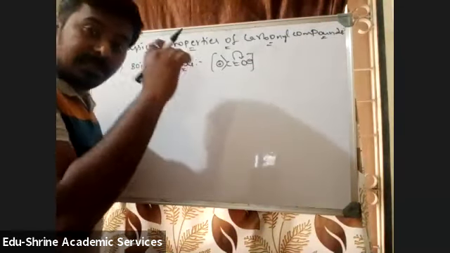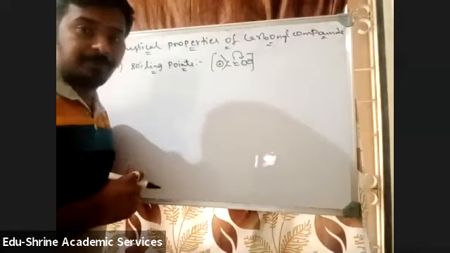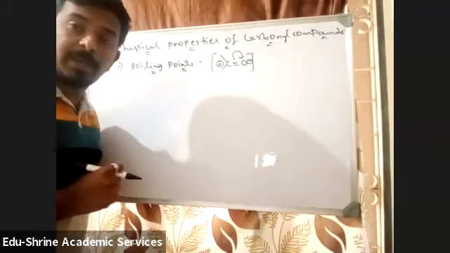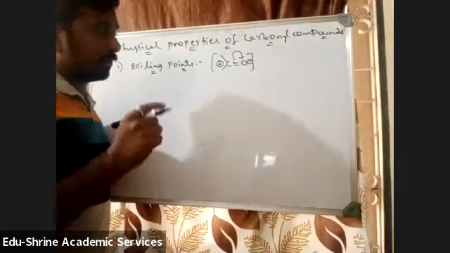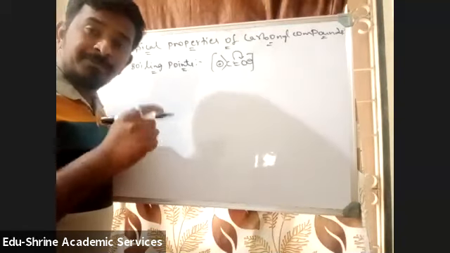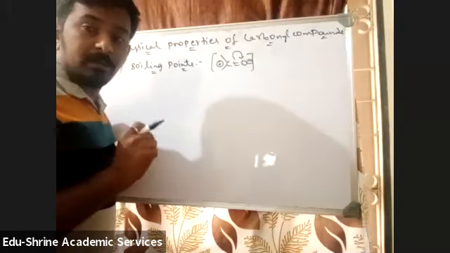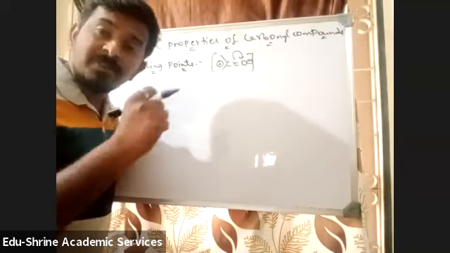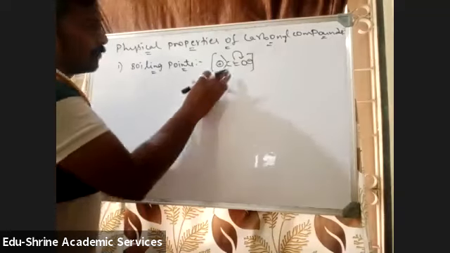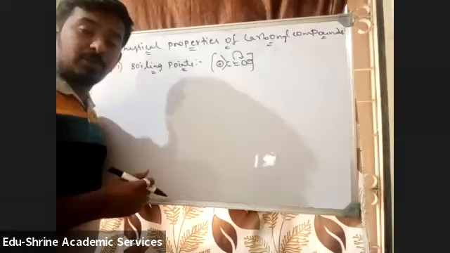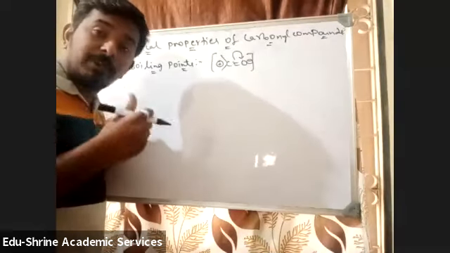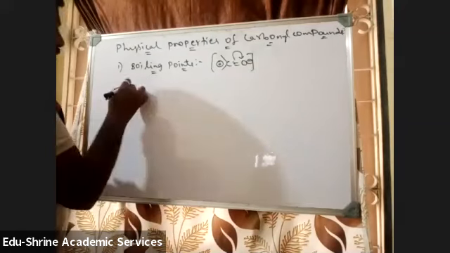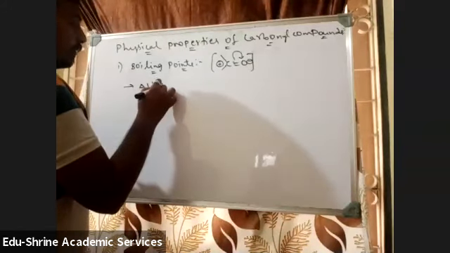When compared to ethers, which we discussed in the last class, we said that ethers have very little polarity, because the carbon-oxygen sigma bond is a very strong bond, so the sigma electrons cannot be easily polarized towards oxygen. That's why ethers are very weakly polarized. Carbonyl compounds are more polarized when compared to ethers, so they will have higher boiling points than ethers. Right. So coming to this point, aldehydes and ketones.